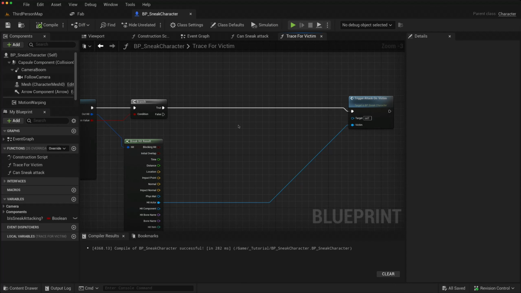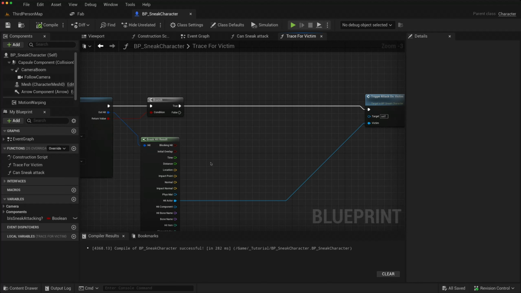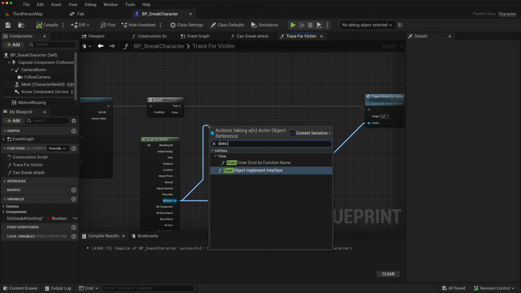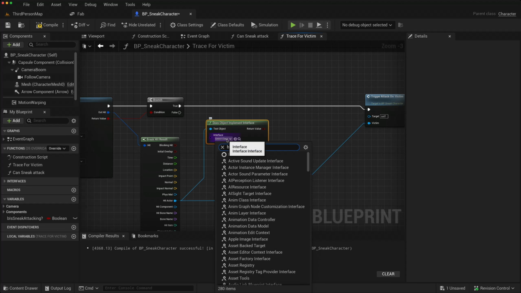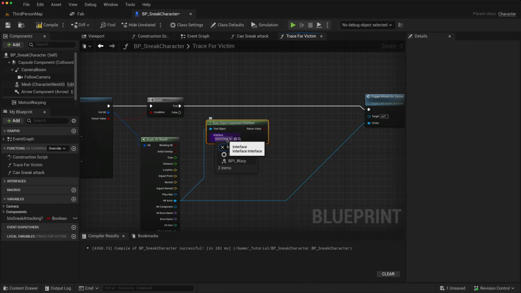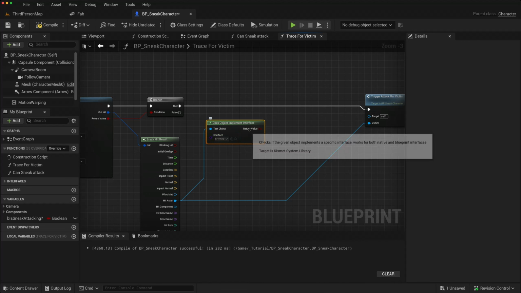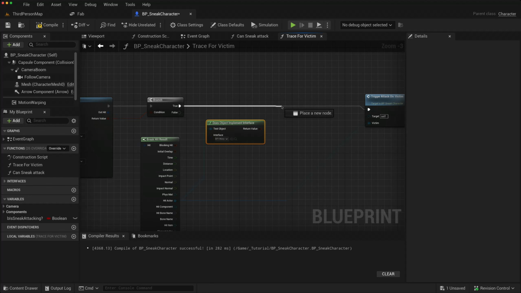In order to solve the next problems, we're going to have to make some references. So if we go to our trace for victim, the first thing we will do is check if the hit actor implements our interface. So this will tell us whether it's a victim or not. So we'll check for BPI warp. We'll branch on this,